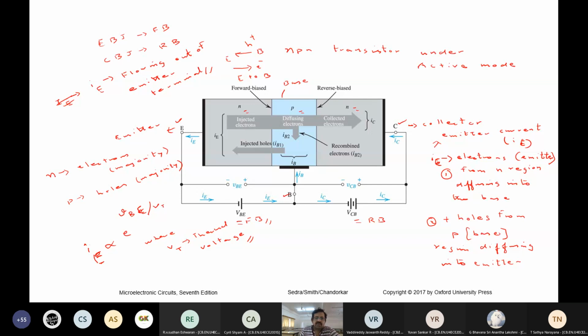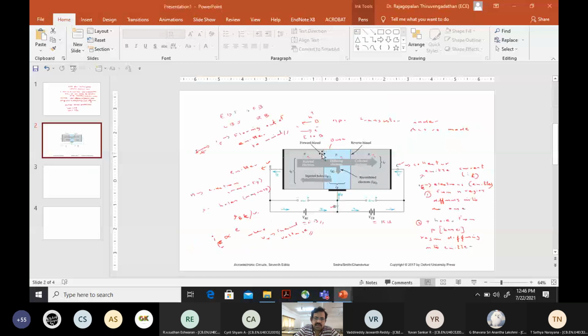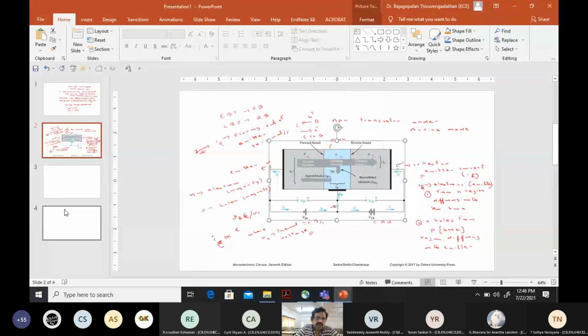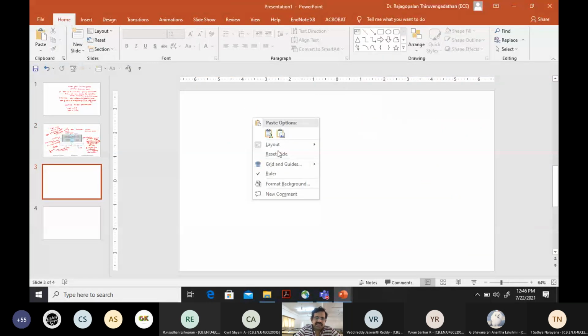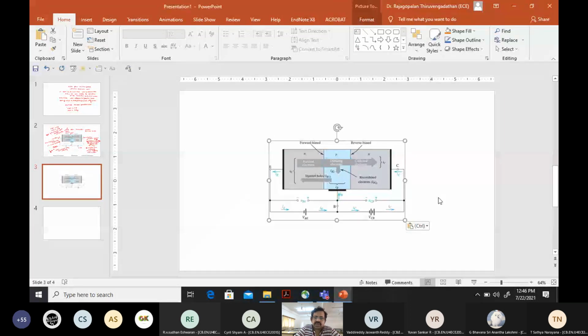Now let us talk about what is happening at the collector. Before that, let me tell you something. I have talked about the emitter current, its direction and its contributions, and that it is proportional to the base emitter voltage drop. Now we will talk about the other currents before we define the parameters.